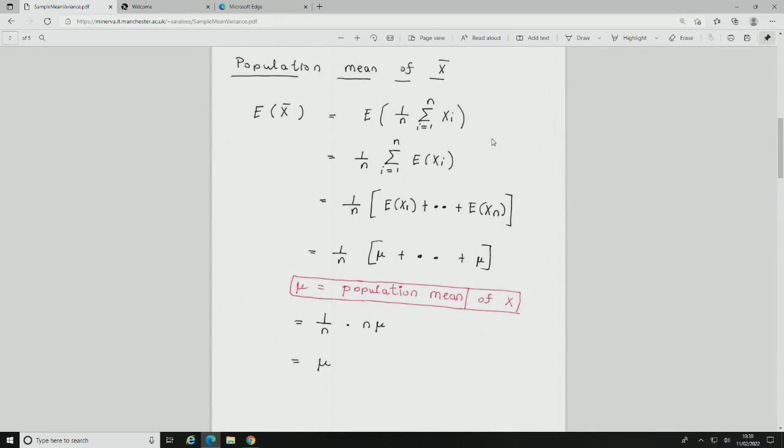So in order to find the expected value of X bar, we need to find mu, which is the population mean of X, right? So let's see how we can do it. So mu, which is the mean of X, or the population mean of X, right? Now, because you're dealing with a continuous variable, what do you need to do in order to find the expectation? What do you need to do? Integration, yeah. So you integrate from 0 to 1 of X times the PDF, which is